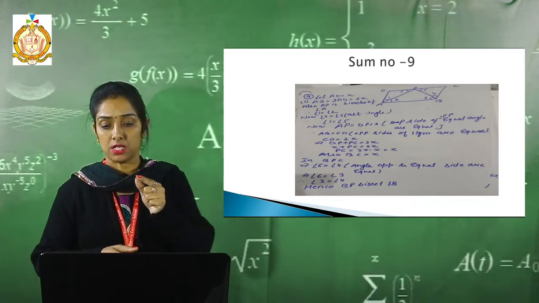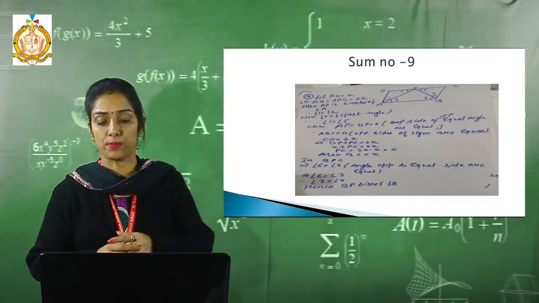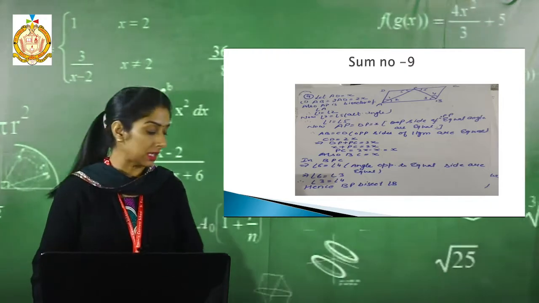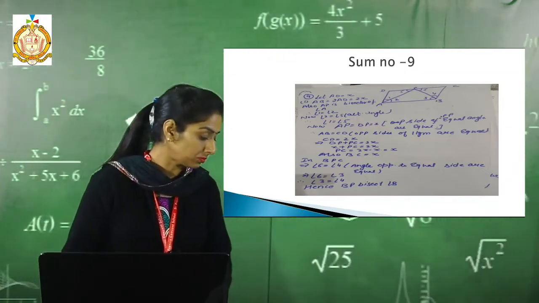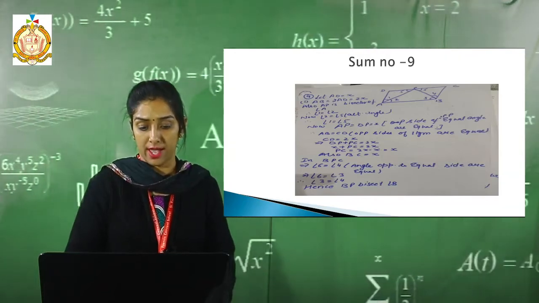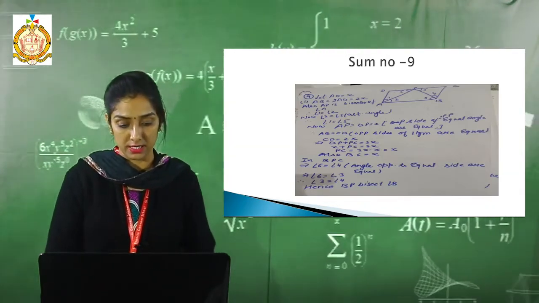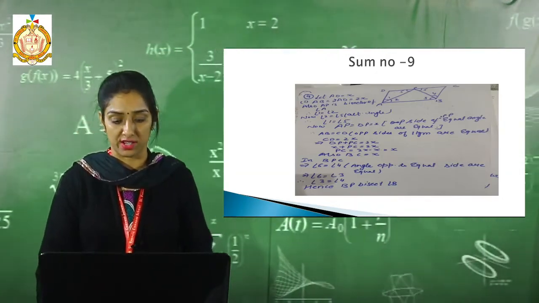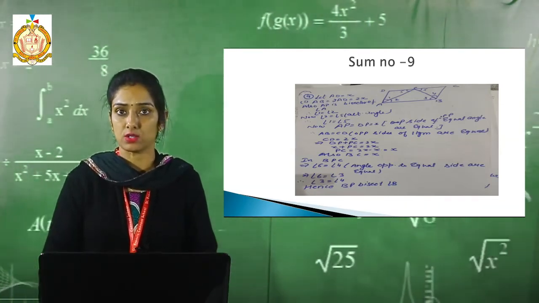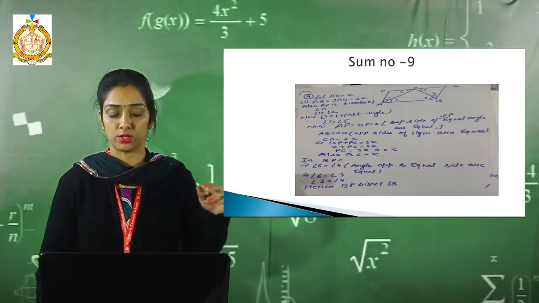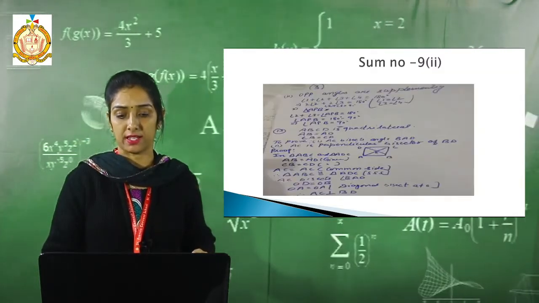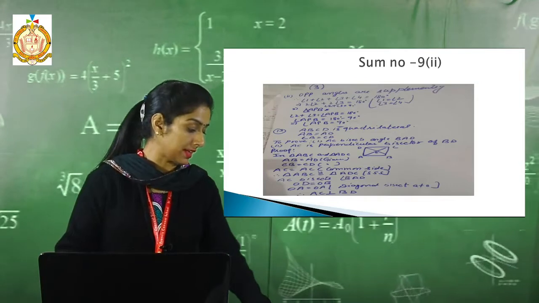Now AB is equal to CD, as opposite sides of a parallelogram are equal. Now here students see CD is equal to X. Now we just put the values and you get the answer. And also see in triangle BPC, angle 6 is equal to angle 4 and angle 6 is equal to angle 3. So angle 3 is equal to angle 4. So hence BP bisects angle B. Now see its second part.